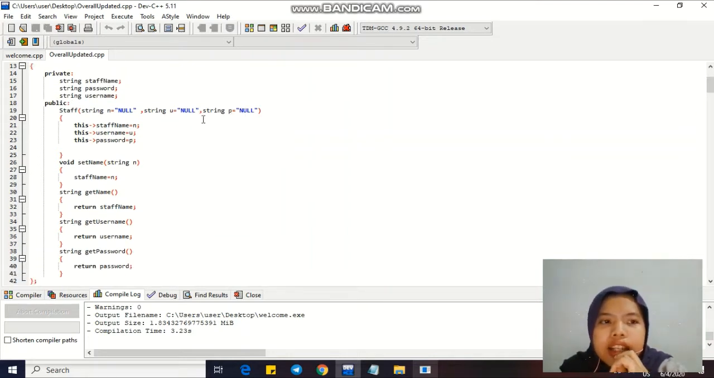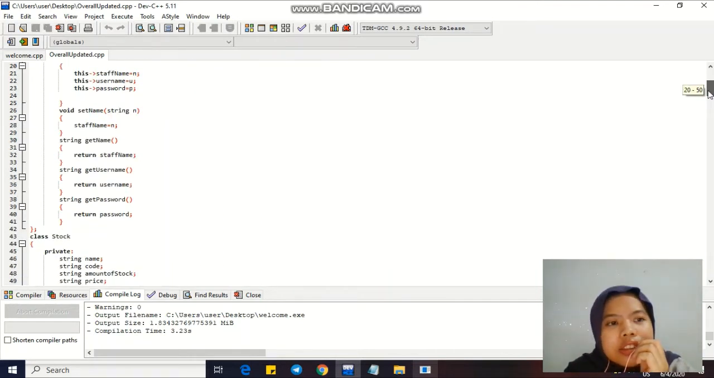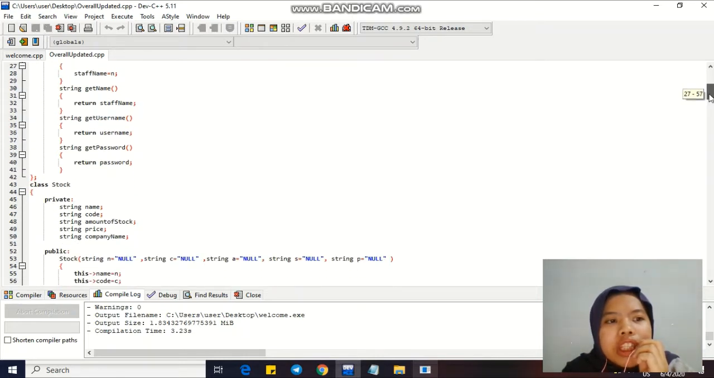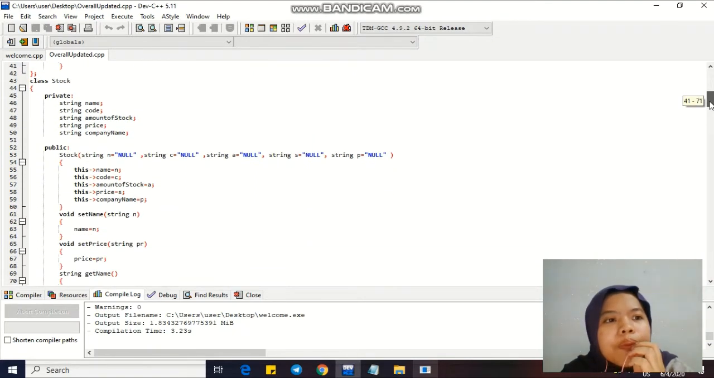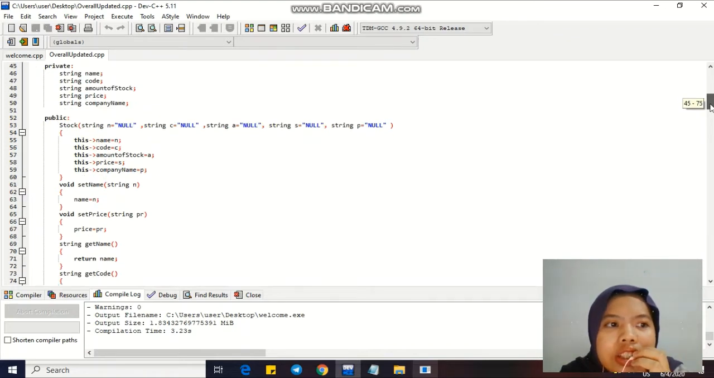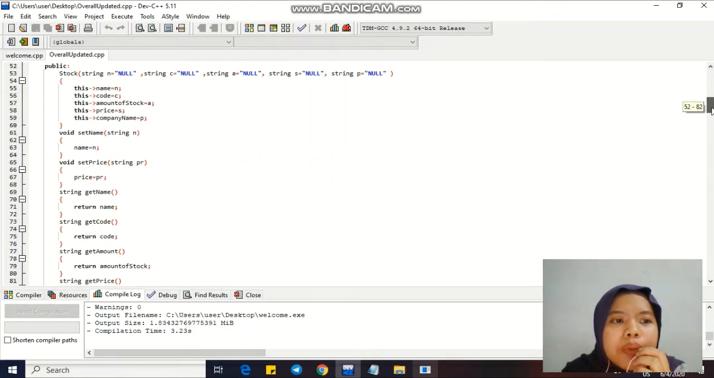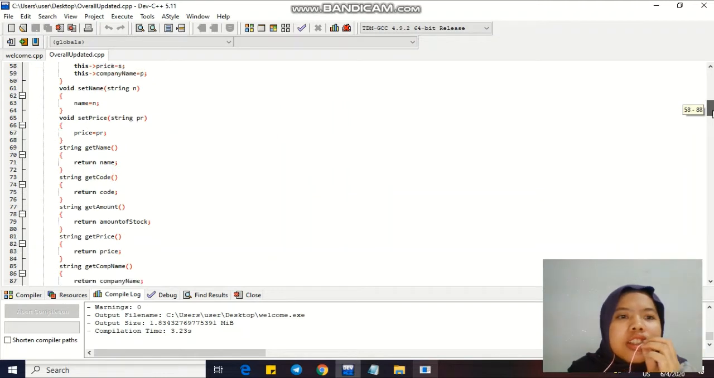For the class staff, the private members are staff name, password, and username. And then in the public, it will set the strings n, u, and p equal to the null pointer, and then it will point n equals to staff name, u equals to username, and p equals to password. And then there is the function set name to set the staff name equals to n, that is the name entered from the user, and then string get name to return staff name, and then the same for string get